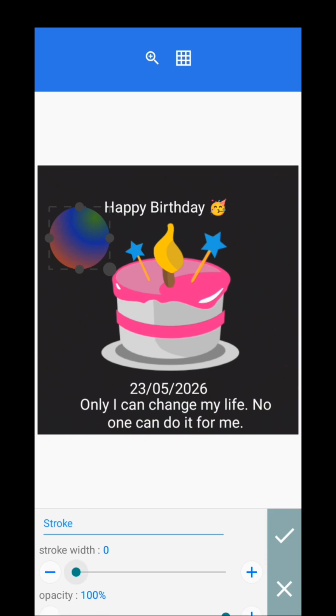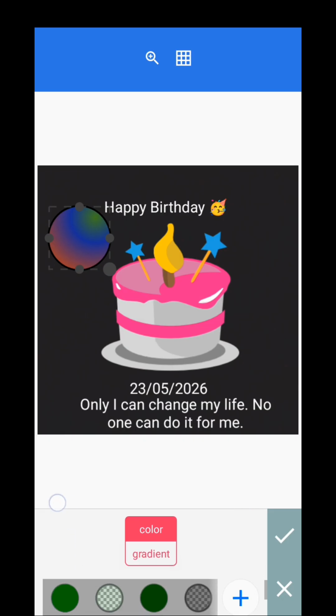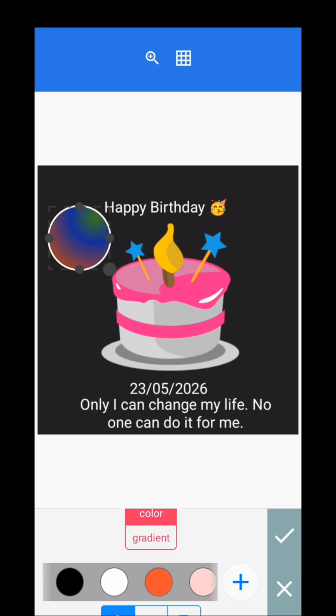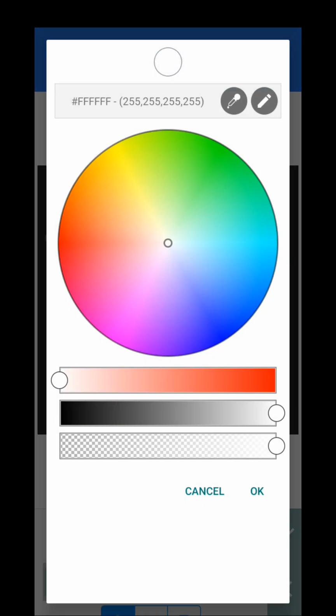So the stroke is, if you want to add border, do you see that black something that is coming around that circle? The more you are dragging, the more it is becoming bigger. Then if you want to change the color of the stroke, that is the outline, you can call it outline. You choose from here. Then if the color you are looking for is not here, you click on the plus sign, choose the color,